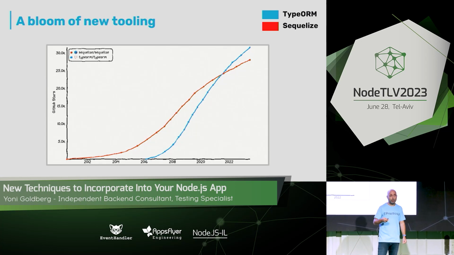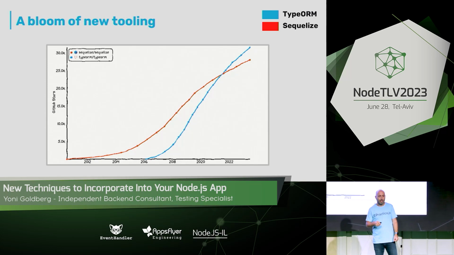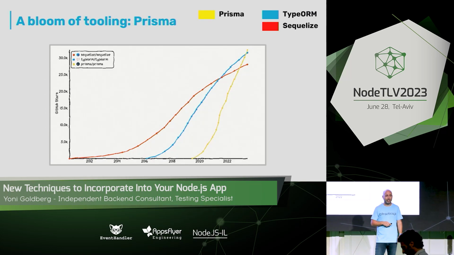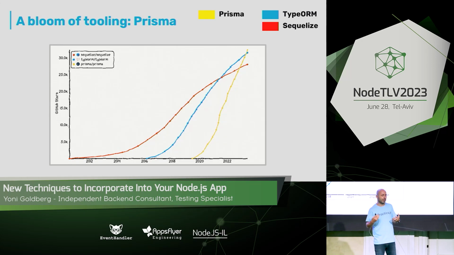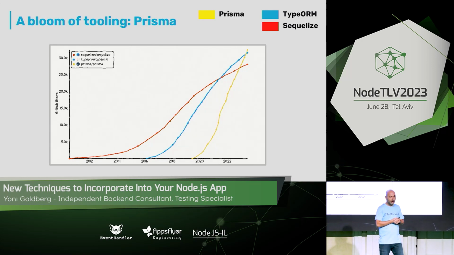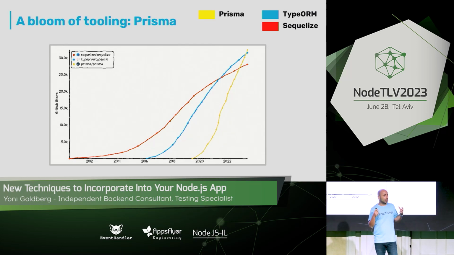What you see here is TypeORM and Sequelize, the traditional, and here is Prisma, the yellow line. In 2 years, they raised $40 million. They get tons of community attention. I thought about covering this, but then I noted that over the last couple of months, there is a new, very